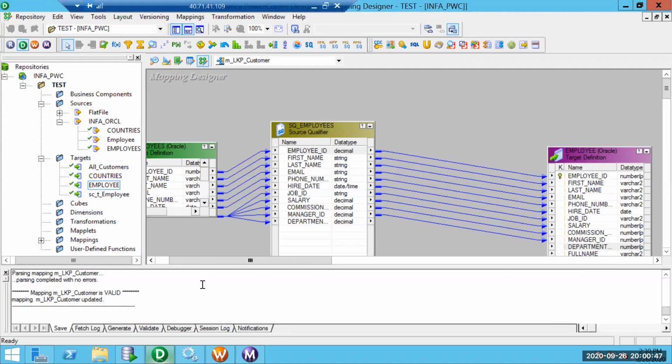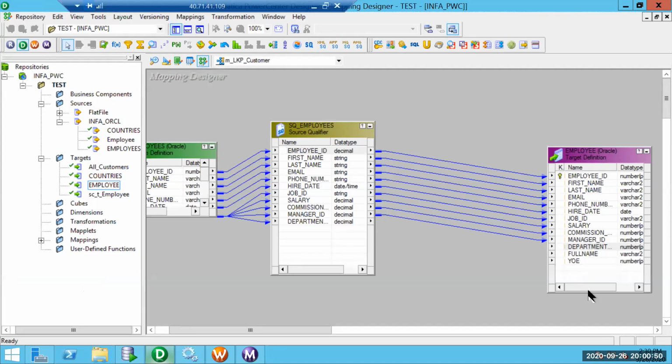I am going to populate the department name here based on the lookup. Ideally we have got 108 records, but since we have one duplicate entry for department 10 in the department table, the lookup is actually returning 2 entries. So ideally we are going to retrieve 109 records. That is what happens.